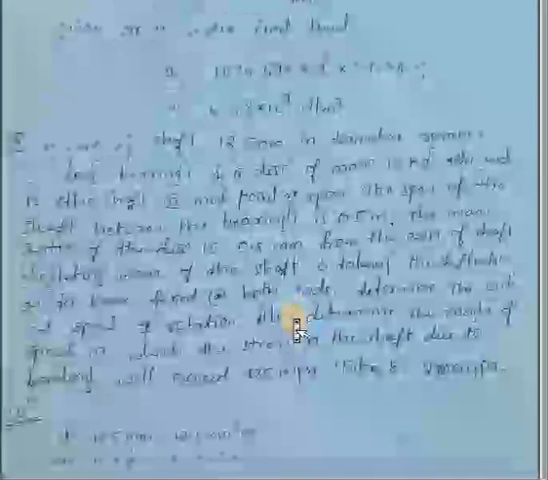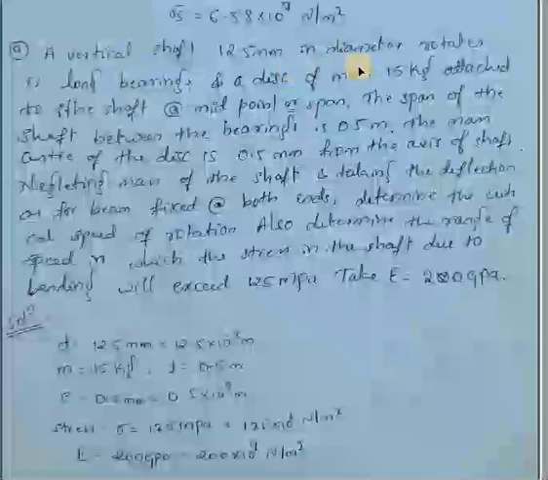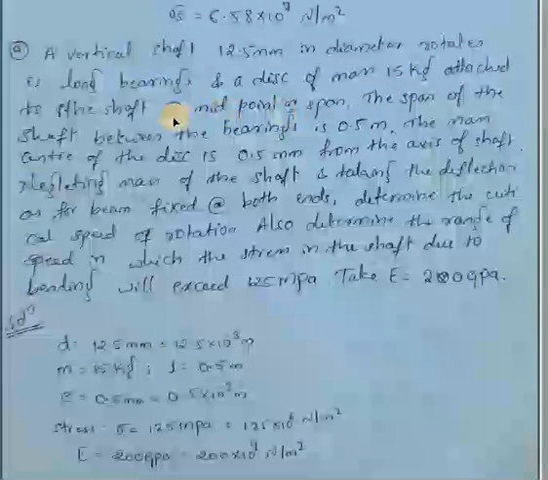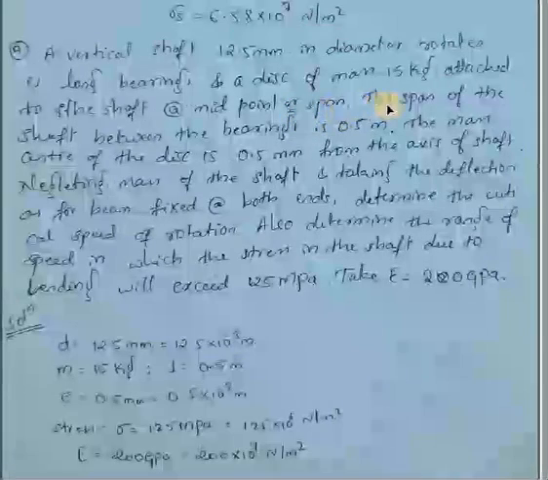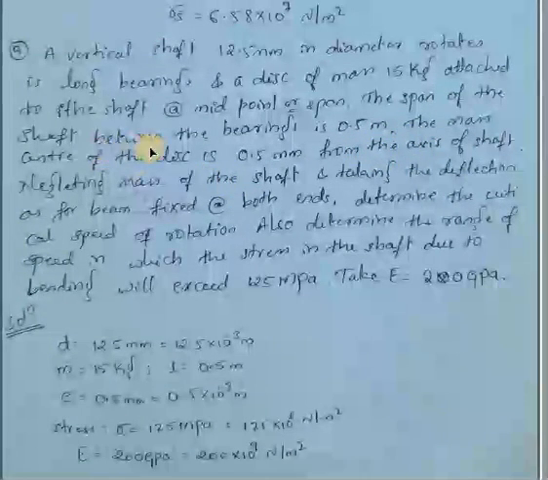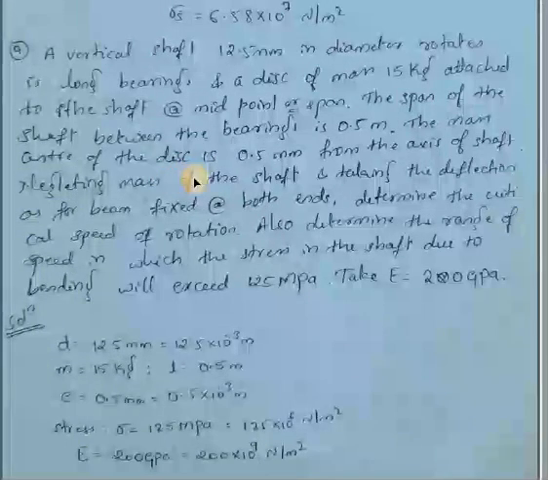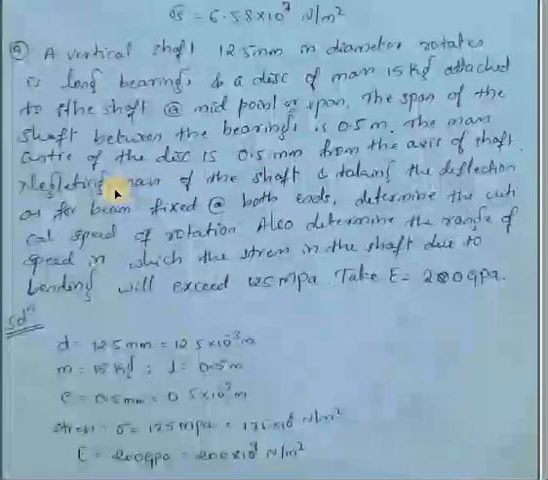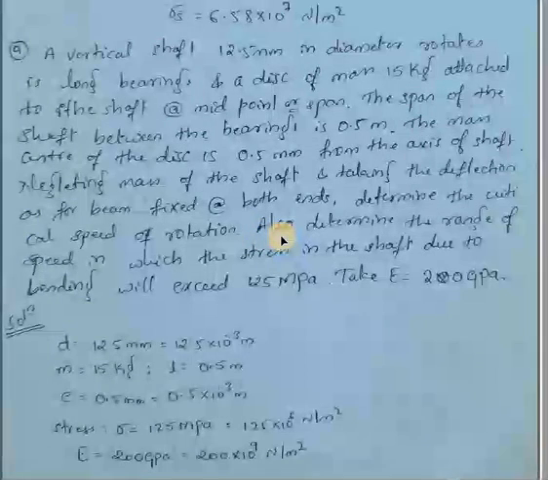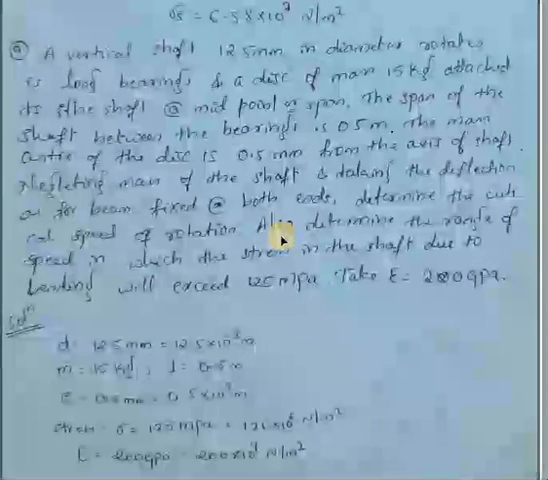Now moving further, the fourth problem: a vertical shaft 12.5 mm in diameter rotates in long bearings, and a disc of mass 15 kg is attached to the shaft at the midpoint of the span. The span of the shaft between the bearings is 0.5 meter. The center of the disc is 0.5 mm from the axis of the shaft. Neglecting the mass of the shaft and taking deflection as for a beam fixed at both ends, determine the critical speed of rotation. Also determine the range of speed in which the stress in the shaft due to bending will exceed 125 megapascal. Take E as